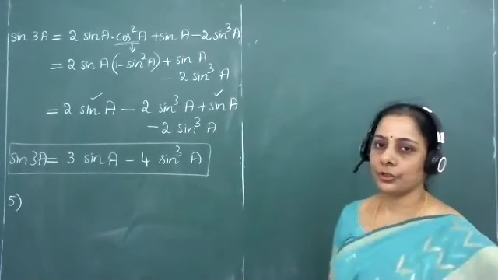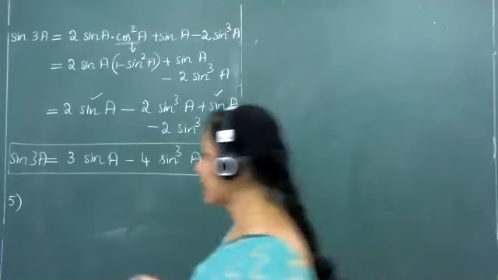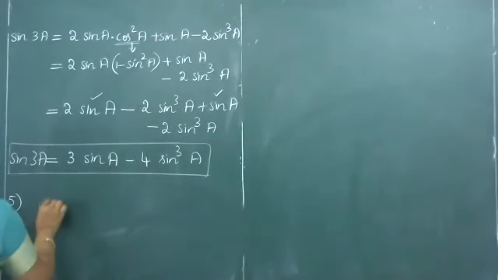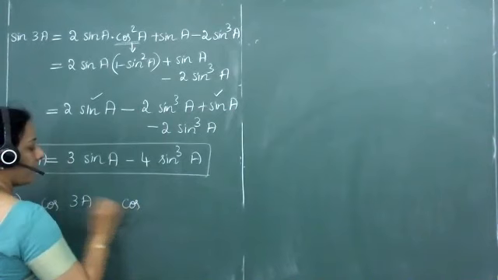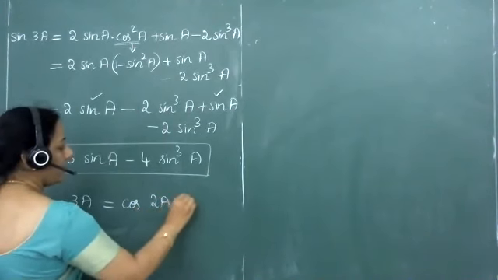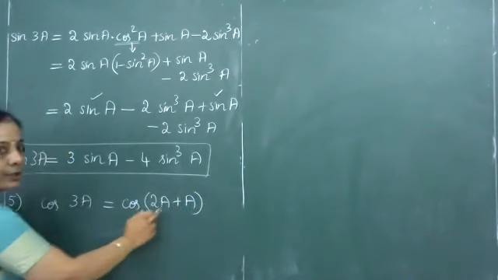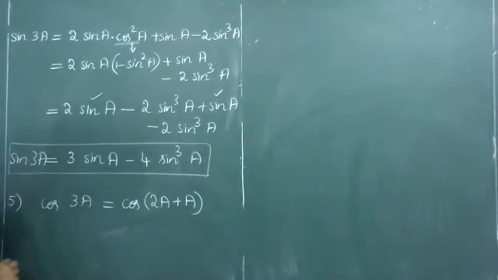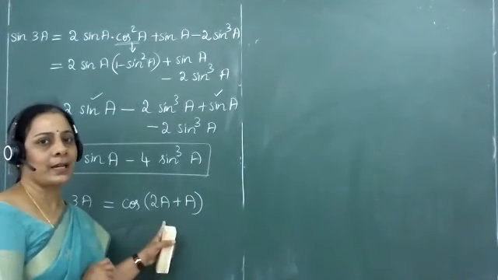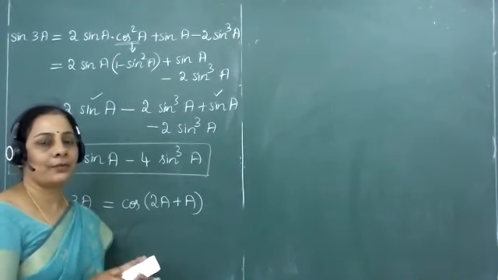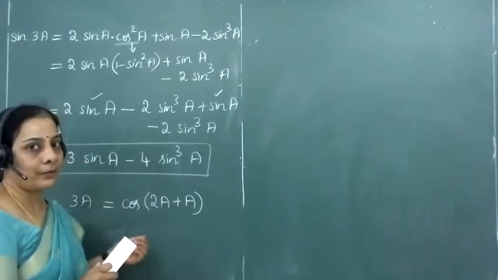Similarly, now we are going to derive the formula for cos 3a. So how does one derive the formula of cos 3a? A similar split of the angle will be taken. Cos 3a may be taken as cos of 2a plus a. You can also choose this as a plus 2a. A plus 2a or 2a plus a should not matter to us. Cos 2a plus a is now in the form cos of a plus b. Cos of a plus b, we shall be using the compound angle formula.